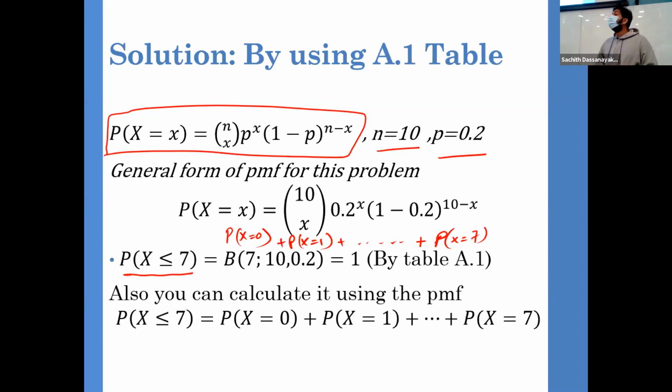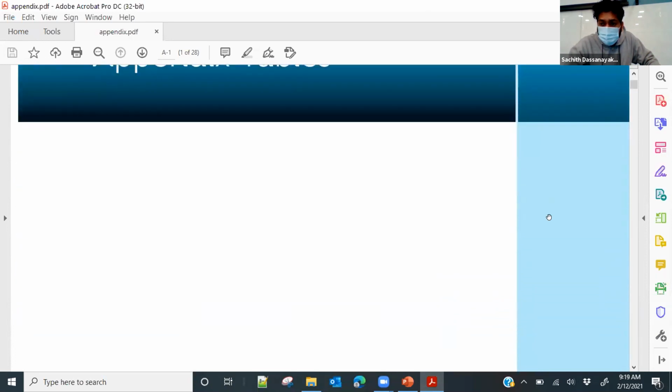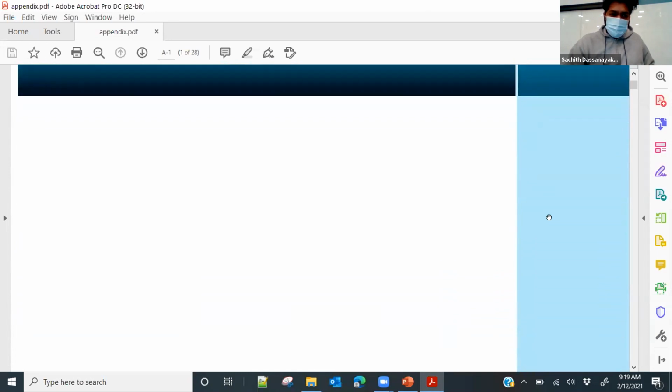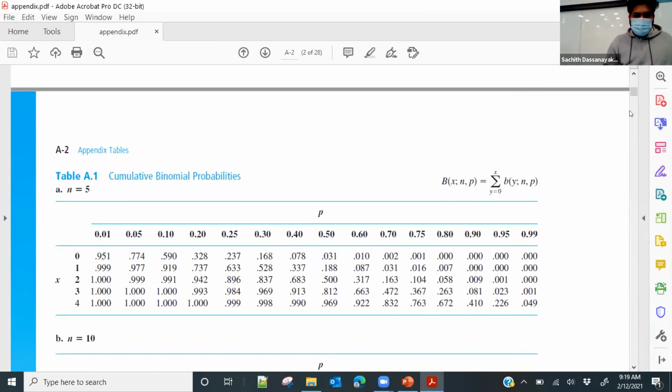But this is a little bit of a pain, right? So what we do is use the CDF. They have mentioned the same thing here. We need to do this, but let me go back and share my screen with you. This table, appendix table A1, I will share with you. I'll upload it to Blackboard later today. This appendix gives us cumulative binomial probabilities, which means,